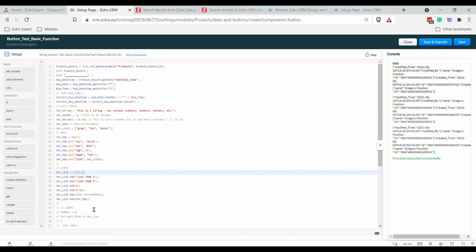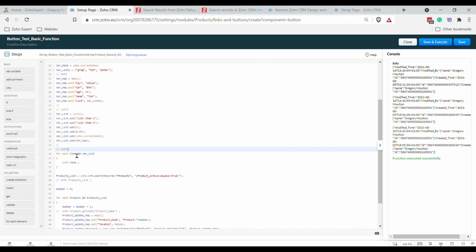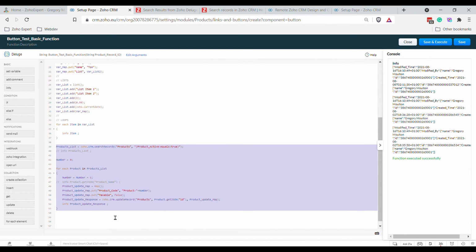There we go. And let's wake this up again. And then we have our loops. So here we have for each item in the loop, get rid of that. For each item inside this list here, we want to loop them out. Okay, so let's give that a try, and let's turn off this latest one we worked on, which was our